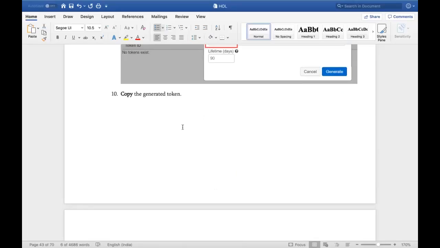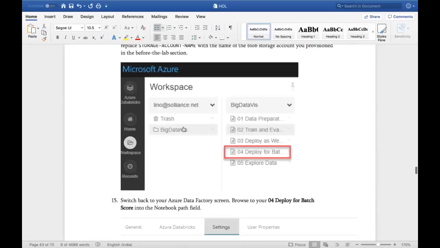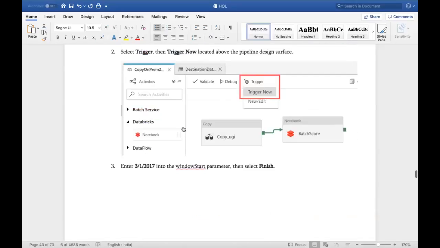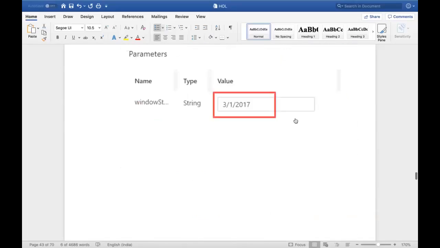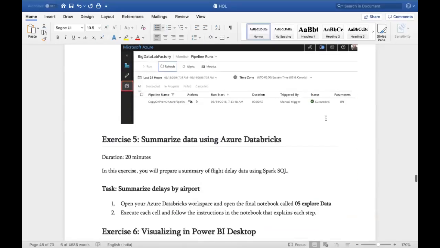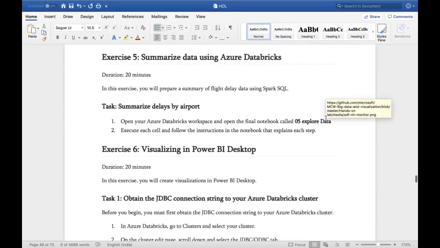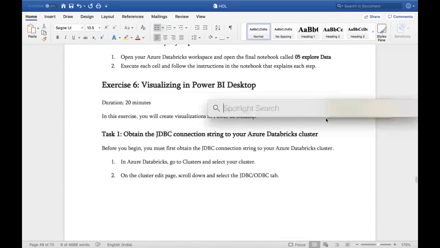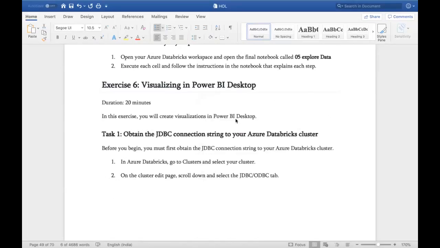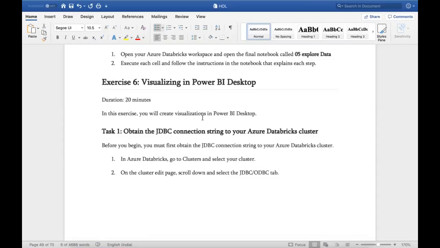Okay, so now I've done this, right? Now I want to integrate this with my Power BI reporting. We have done all those things. We have triggered it, and we got the batch job. Everything is working fine here. Then we saw that the output is working fine, and the last step is integrating with Power BI Desktop. So I'll go with Power BI. Here there is no direct way of connecting to the Power BI reporting. It is through JDBC connections that we have to do it.